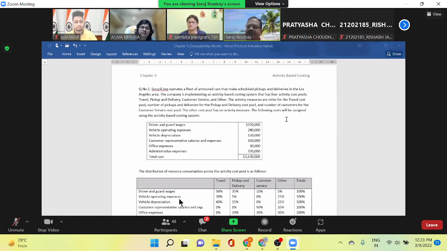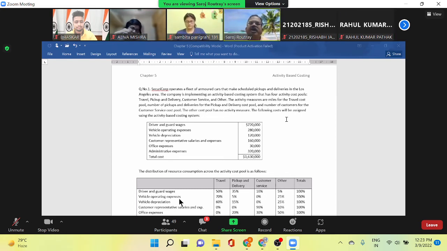So the concept of sunk cost we will not be applying here, because here whatever cost we are incurring, we are taking into consideration to find out the cost of a job, product, or service. How much cost we are incurring, right? So those costs are like opportunity cost. Those costs are from decision making point of view. We take those costs into consideration. Okay, all right. So here in this question,